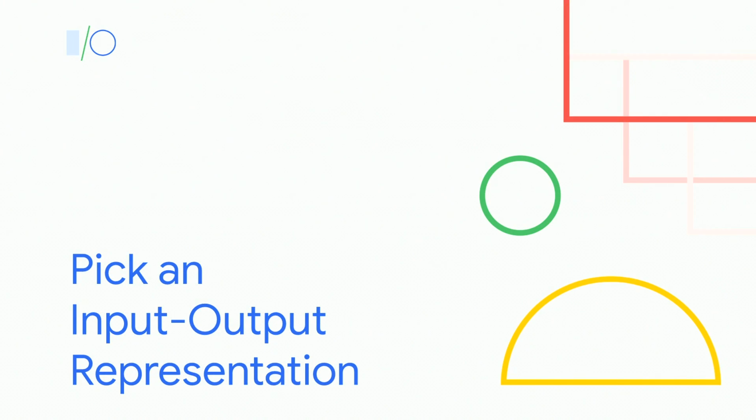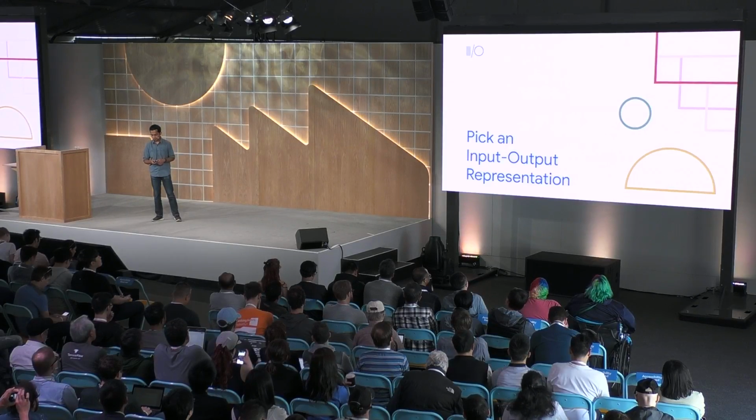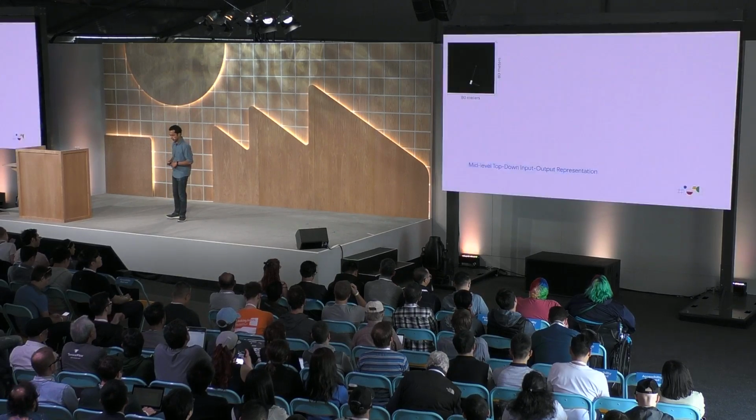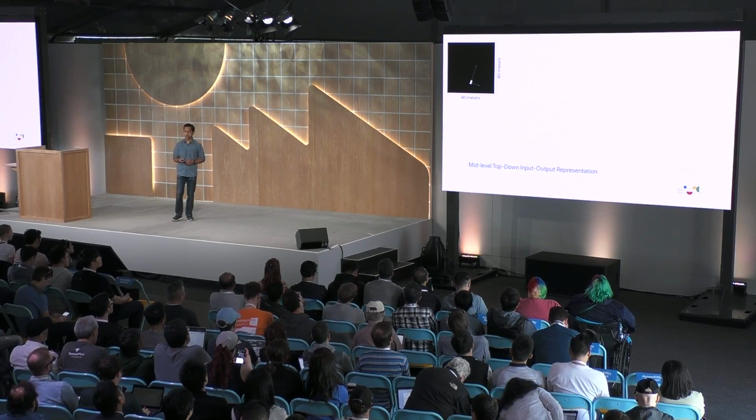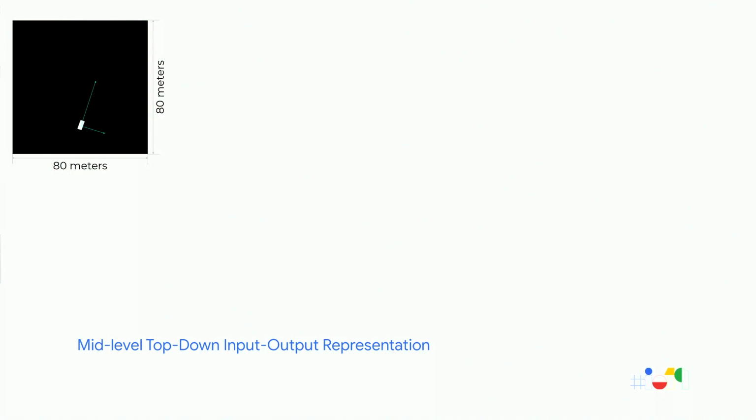Now that we have defined the scope for this network, let's think about how the inputs and outputs will be more precisely defined. So we start with a top-down or bird's eye view, like I showed in the previous slide. In this case, we fixed an 80 meters by 80 meters world representation, and our agent or the self-driving car would be placed at a specific location within this view. This is shown by the white box in this figure.